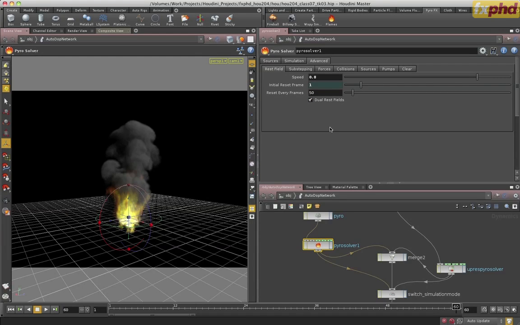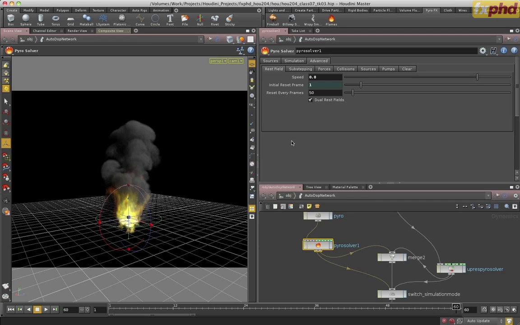But remember, we have two rest fields offset in time, so those actual resets are going to occur at different times for those different rest fields. Therefore we're able to jump between the two rest fields and make it so you don't see the popping actually occur. You will not see the reset, because when one rest field is resetting, the other one is at its full potential and not resetting, and we're actually seeing that field at that moment in time, and then it continues to